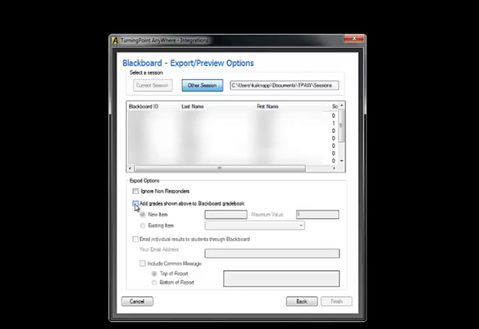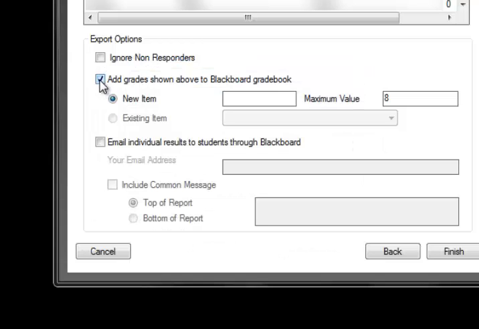In the Export Options section, you will see a few options available to you. Check the Add Grades shown above to the Gradebook box, as well as New Item option if they are not already selected. In the text box next to New Item, enter in a gradebook title of your choice, such as the date of the session. The text box to the right of maximum value should already be populated with the maximum points based upon your